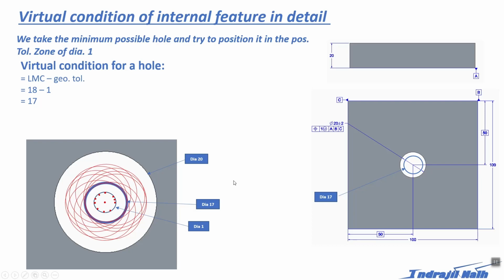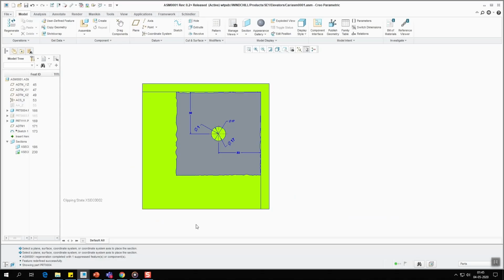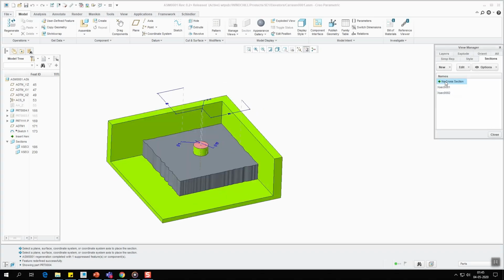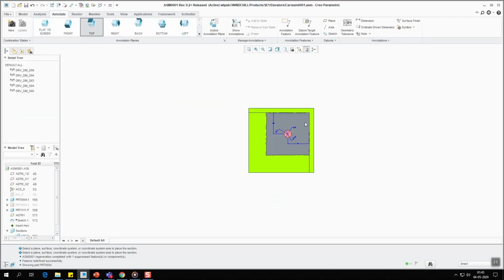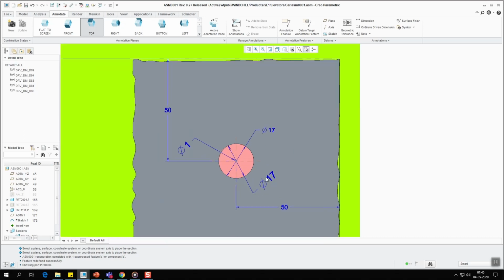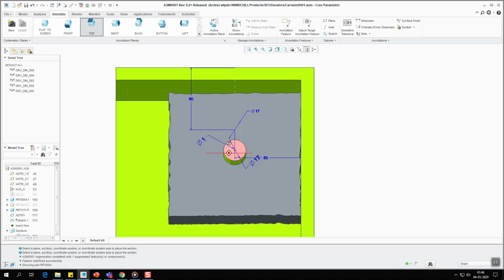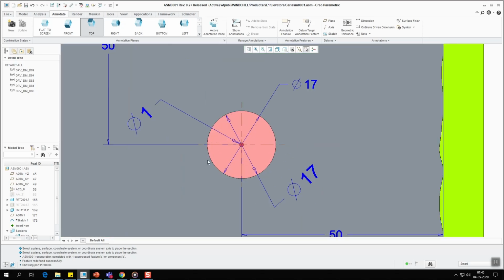We'll try to understand this with the help of a 3D model. So let me take you to some view, and let's check here. Suppose I have a similar part here. Let's take a top view in this region. So here you have the similar part. You have manufactured a part and put it onto a gauge with a pin, and it fits inside it. Okay, so how you will interpret this, I'll let you know.